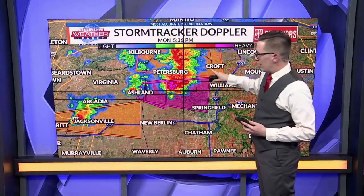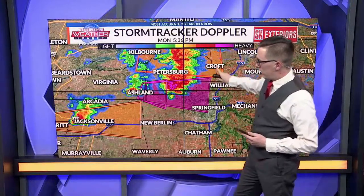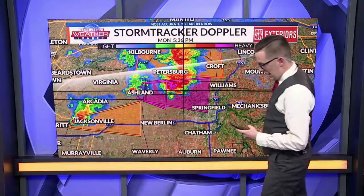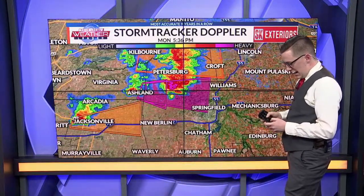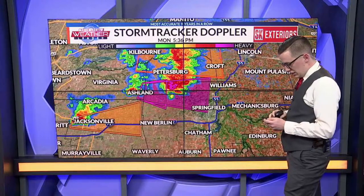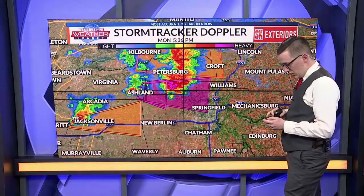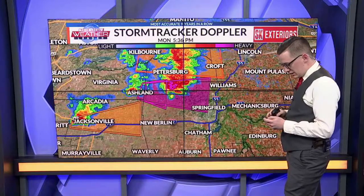I do want to mention, though, while I'm here, Jack, that warning to the north, the severe thunderstorm warning with a tornado possible, and then another severe thunderstorm warning includes Jacksonville. That storm may have some hail and some wind with it, too, so we're continuing to keep our eyes on things. Very much something we're going to watch closely as I check some more data real fast. What I'm going to do, Jack, is take a look at some of these